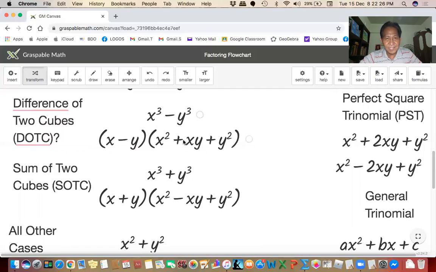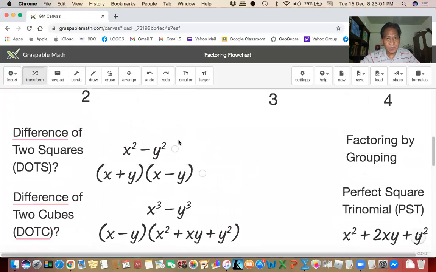So here you have minus and you have plus in the middle term here. Here you have plus and the middle term here is minus. But otherwise, the terms are the same. This is xy, that's xy. This is also xy. And then the last term is always positive, regardless of whether it's a difference or a sum. You derive it by squaring the second term of the binomial. All right, so those are the special factorizations when you have two terms.